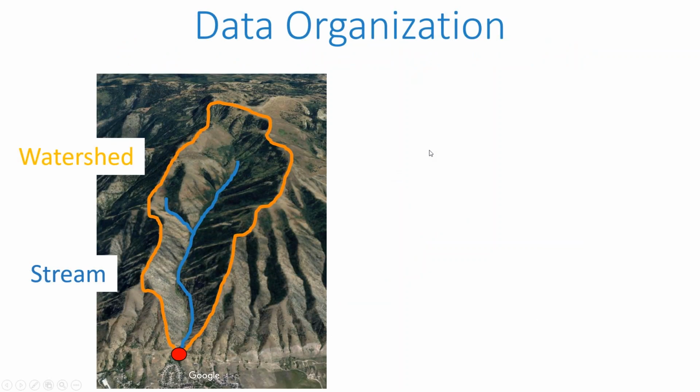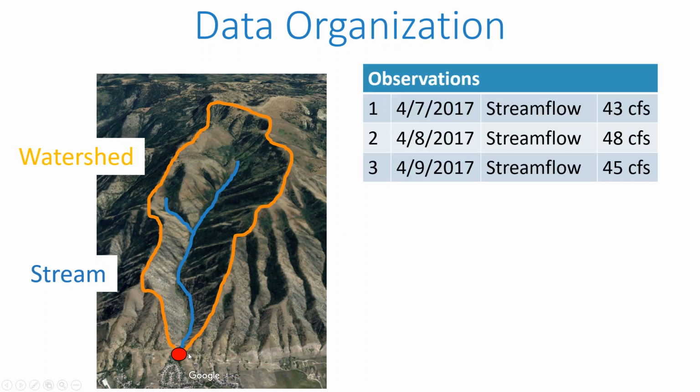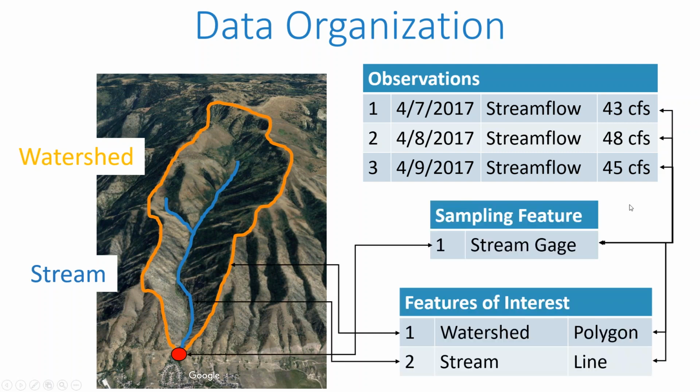To bring that home, think about a watershed and a stream. So a watershed has an outlet and a boundary, and then there's a stream that follows down the valley. If we think of the data we may gather, we might measure observations of stream flow at the outlet. And this is ironic because this is actually dry canyon where there's never been any stream flow in all the years that I've looked at this. I live quite nearby to that. That's the water research lab in the bottom left corner. But you may measure stream flow at a gauge at the outlet,